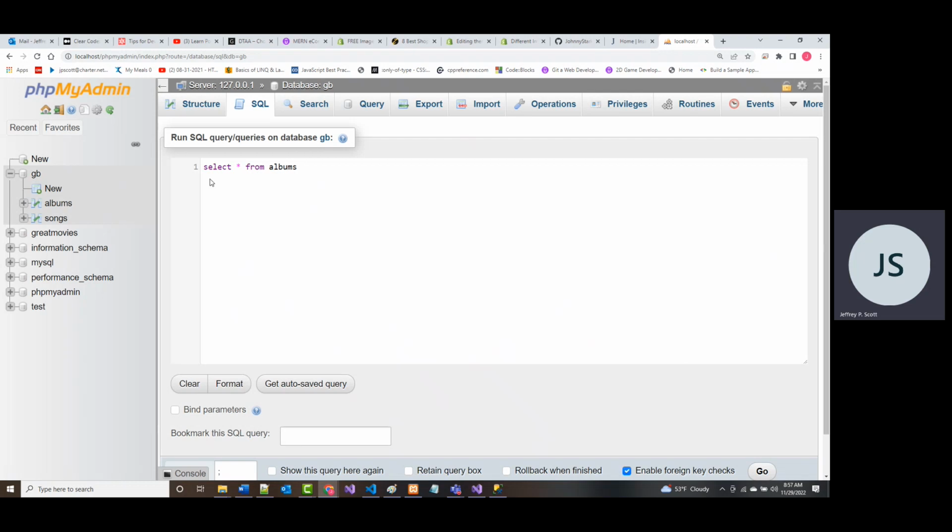Well, I don't know why I'm not getting any data back, but I'm not. But what you may have seen come up in the past was something that looks like this.